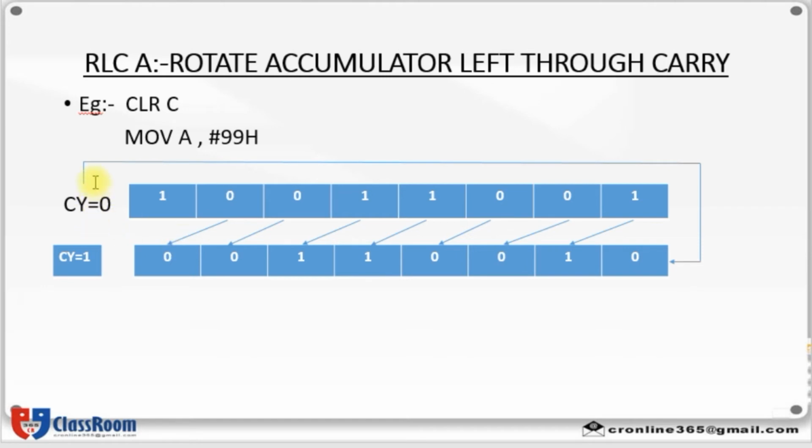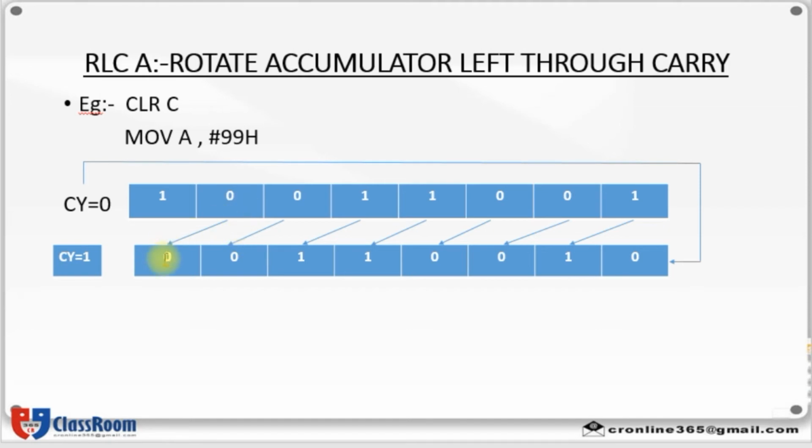So first you have to move this carry. Assume that this carry is the most significant bit position. Then you have to move this carry to the least significant bit position. Then you can shift each bit left by 1 bit. Then after this 1 will enter as the carry.